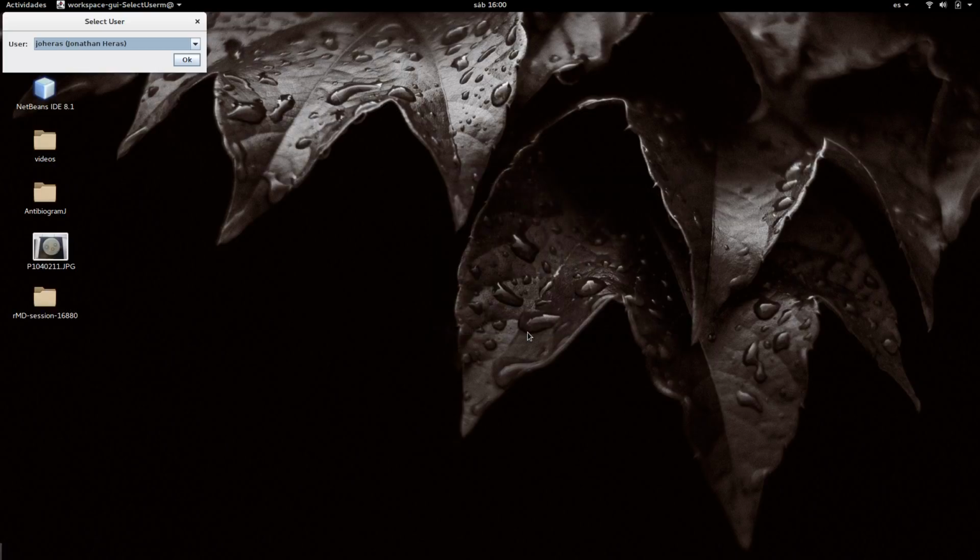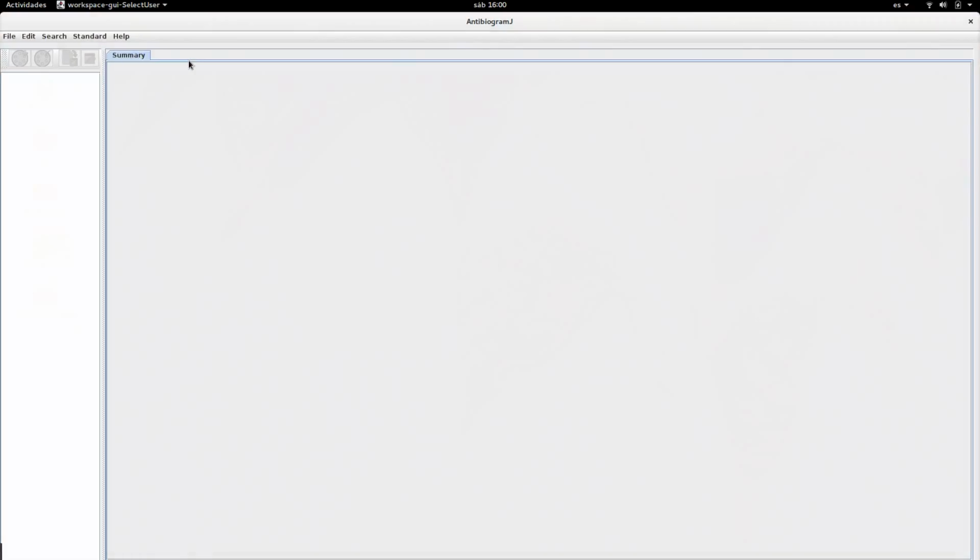Hi, in this video I will show you how to analyze an image, an antibiogram image, and add it to an experiment. So here we have just started AntibiogramJ, we have our user, we select it. Now we open the experiment that we created before, this one,